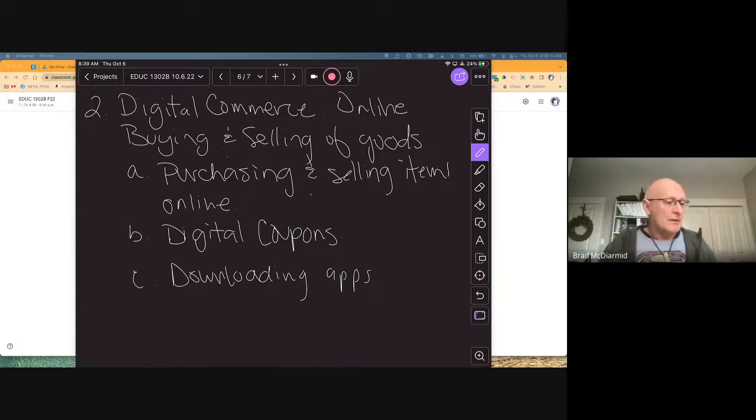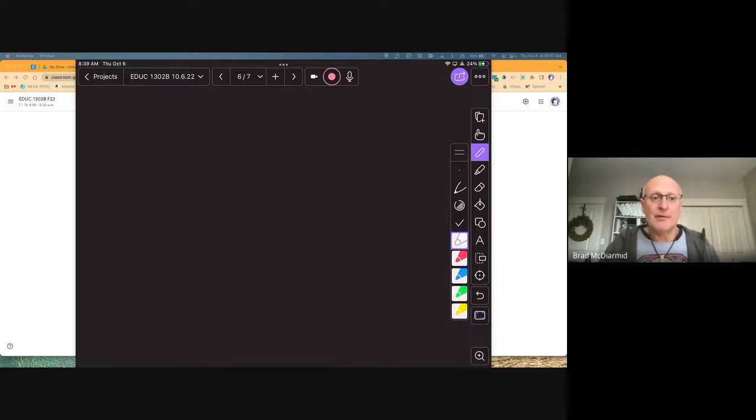So, downloading of apps. Same idea. We got to be careful, and we got to teach kids to be careful about what apps they put on their phone, because there's lots of apps out there that are completely free, and you can use them. They don't even have in-app purchases, but the entire time they are following and tracking everything that you do on your phone or whatever device it is. So again, we need to be super duper careful.